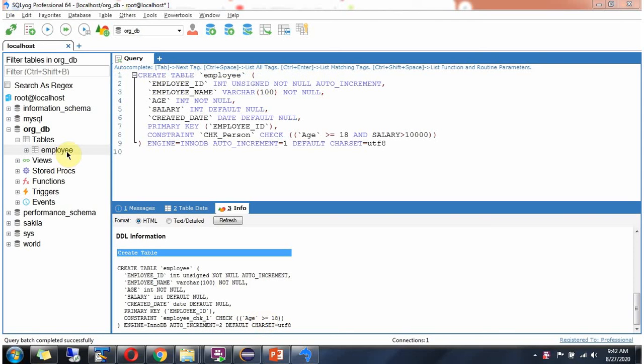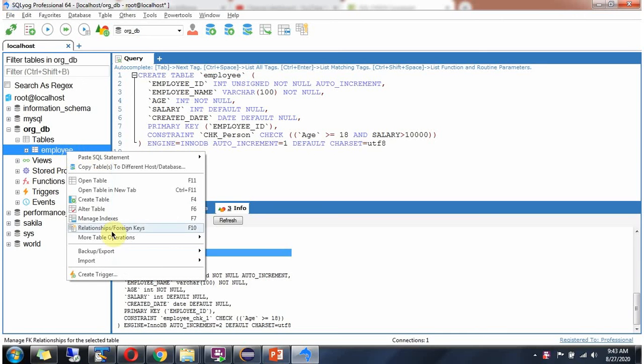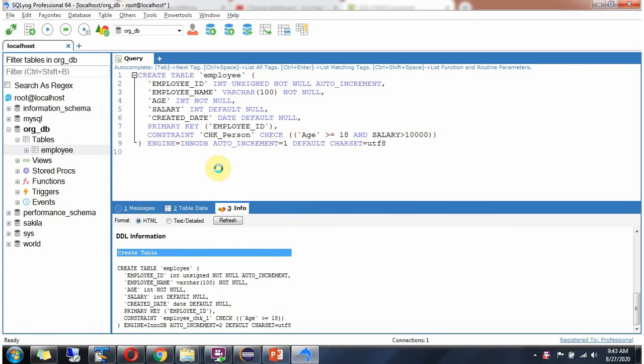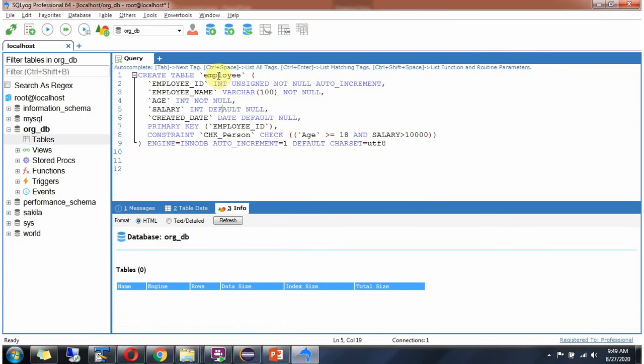Next we will see how to add a check constraint for two columns. So first drop this existing table. Now I am going to create the employee table. It has employee ID, employee name, age, salary and created date.